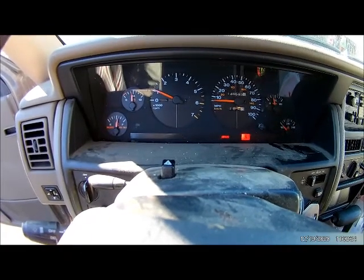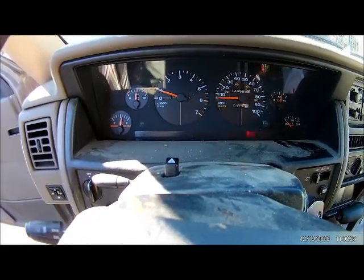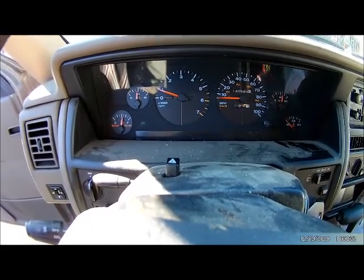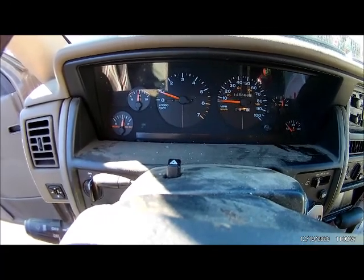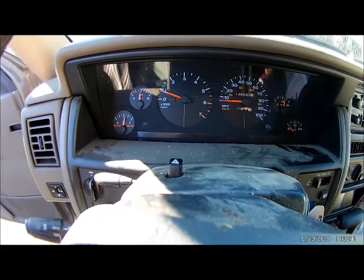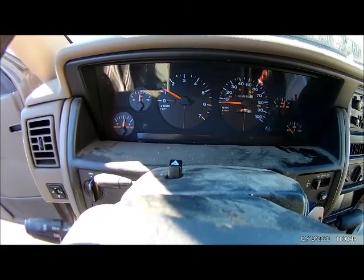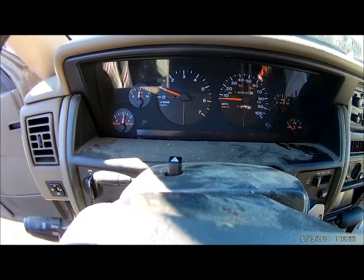See how it almost fired up immediately? The other ones, it would go and then start. So something was wrong with those other injectors. This one almost fires up immediately. Yeah, looks like they're all firing now. I still have to finish